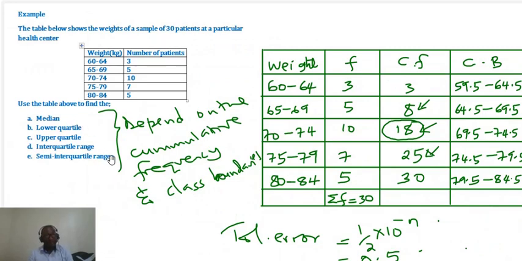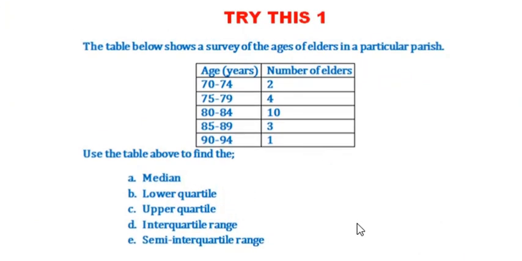Now is the time for you, my dear viewer, to try out one. The table below shows a survey of the ages of elders in a particular parish. This is the table. Use the table above to find the median, lower quartile, upper quartile, interquartile range, and then